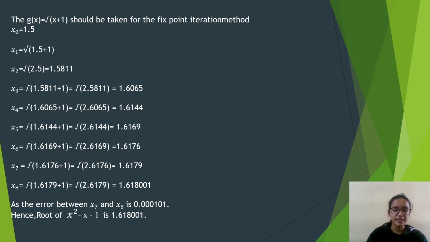So this will be the final answer for this question. The root for this equation is 1.618001. So moving on to the next question,